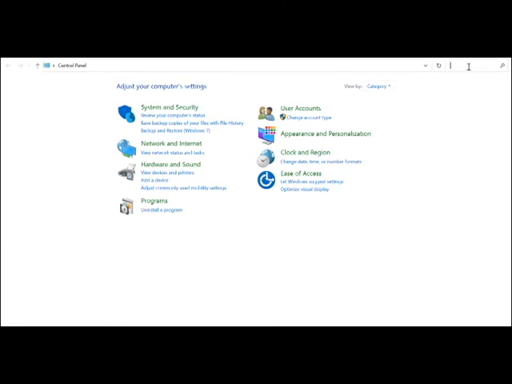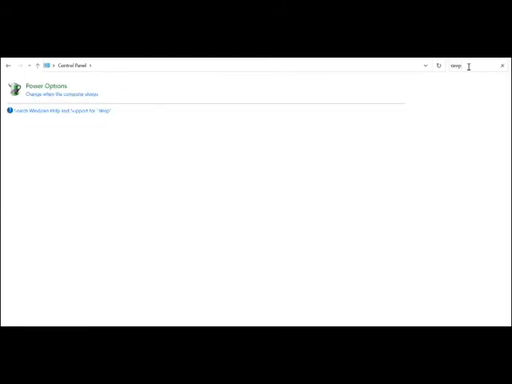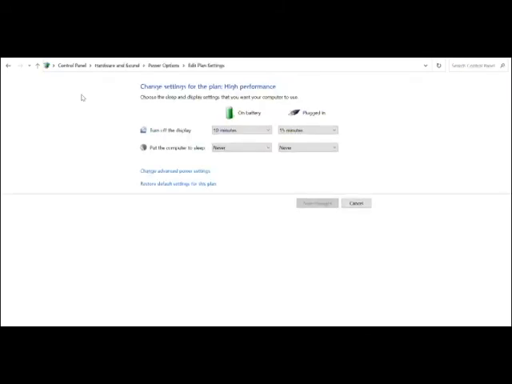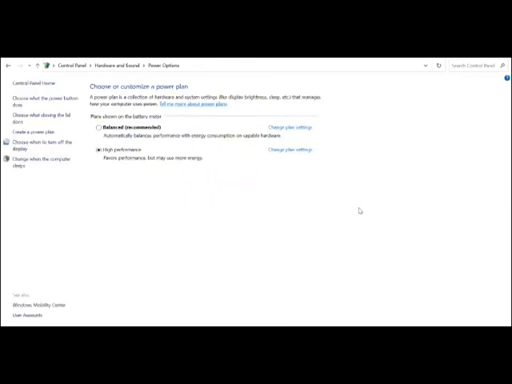Yeah, so your CPU needs to be always on for the mining to take place, and you need to have an internet connection. So go to control panel, type sleep in the search bar and then plugged in. Dim the display, never. Put the computer to sleep, select never. Click both on never. So by this your CPU will never go to sleep and the mining will always happen in the background.